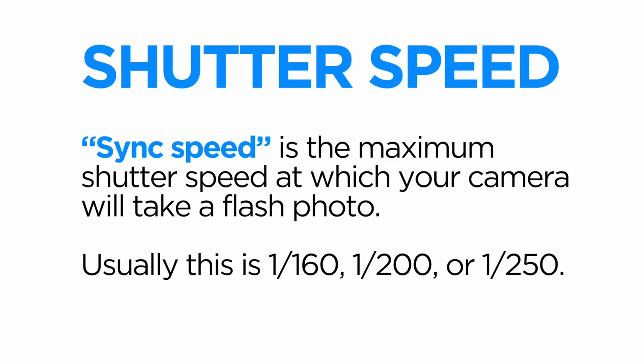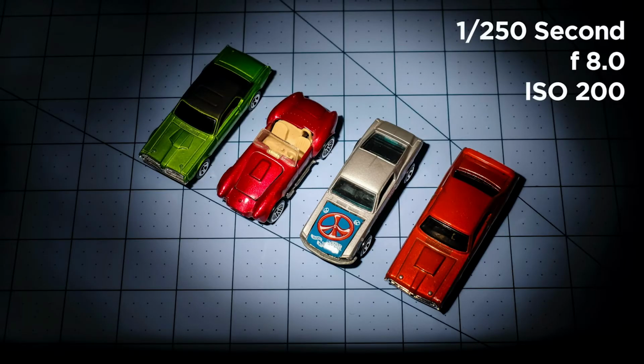Depending on your camera, it's usually anywhere from 1/160th, 1/200, or 1/250th of a second. That is the maximum shutter speed you can get to still expose the whole frame correctly. What do I mean by that? Let me show you. On my older camera, my maximum flash exposure was 1/180th, and you'll see at the